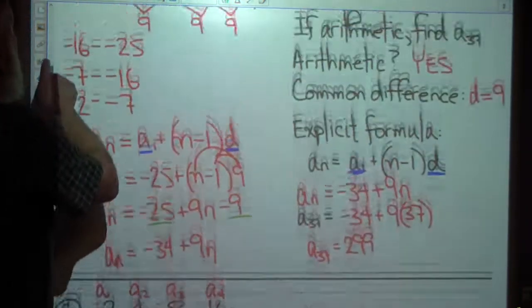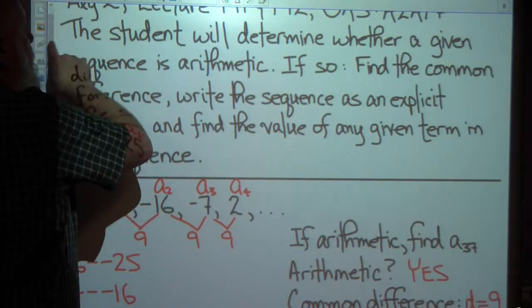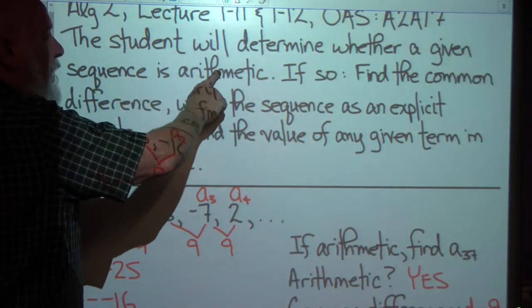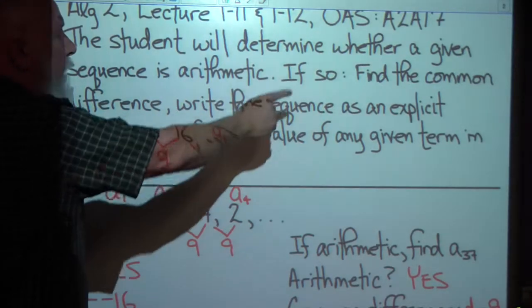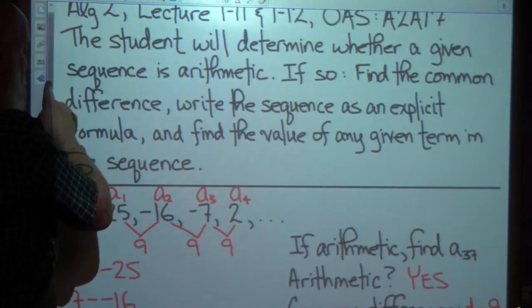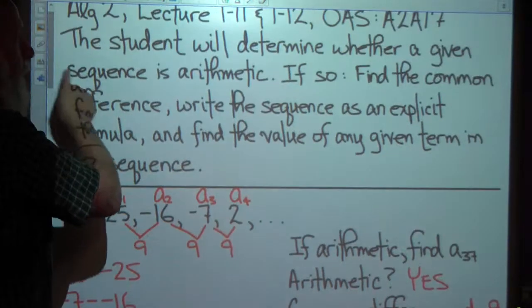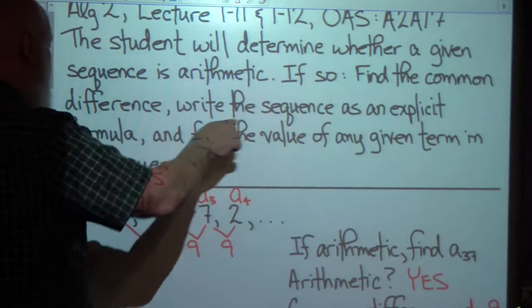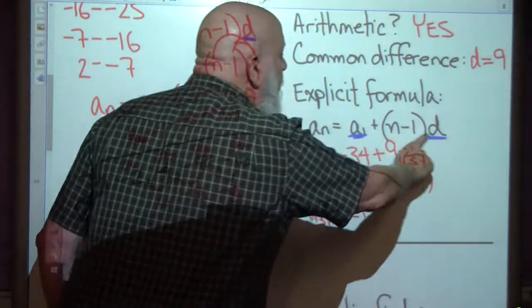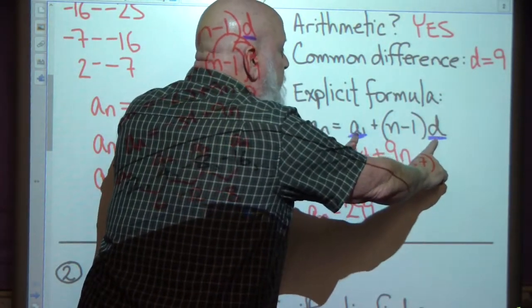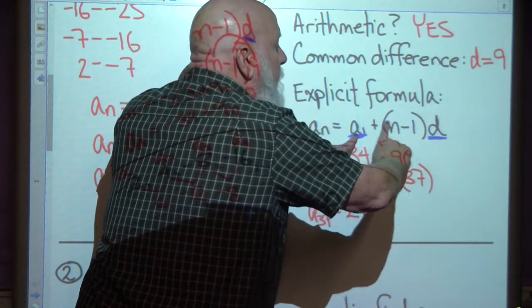So that's what we did. We determined whether a given sequence is arithmetic by subtracting the consecutive terms and getting a constant. We found the common difference, which would be the same number every single time. And we wrote the sequence as an explicit formula. Using this general case, we plug in the first term here and the common difference here, open the parentheses and combine